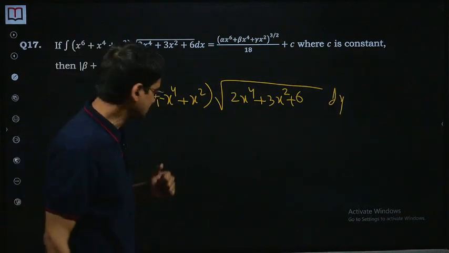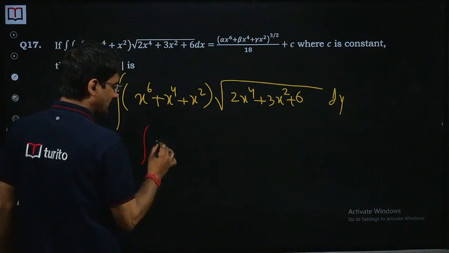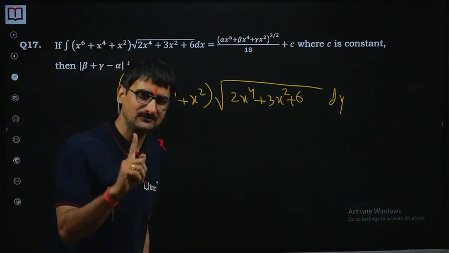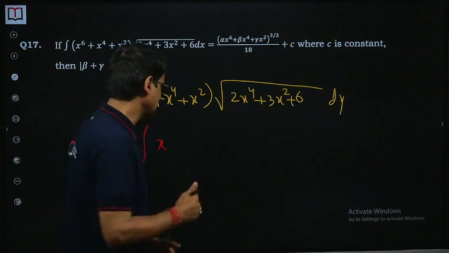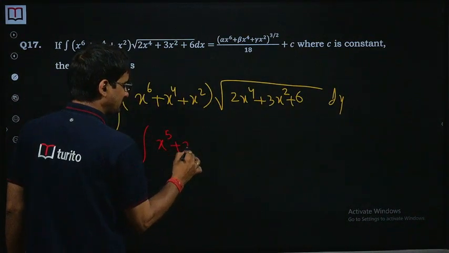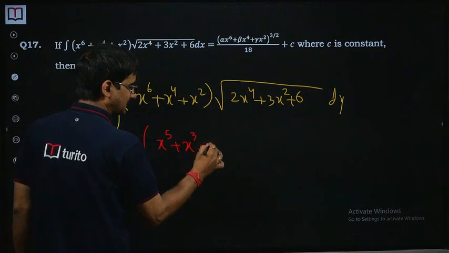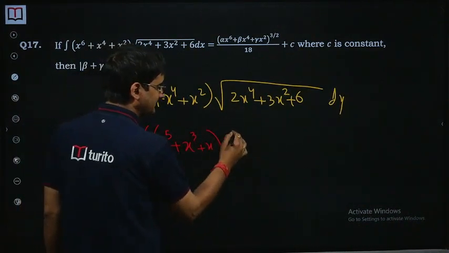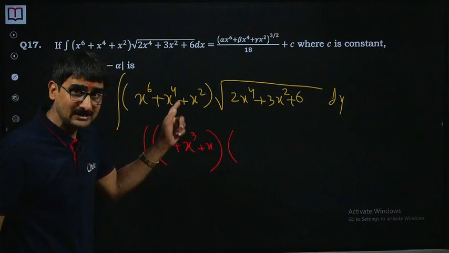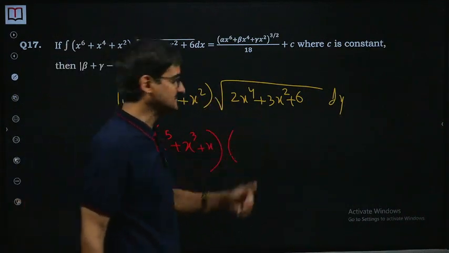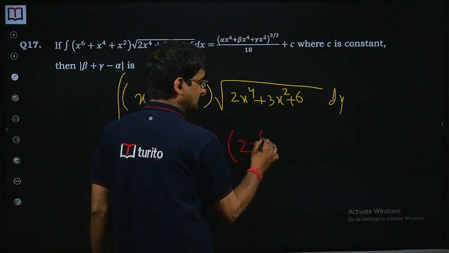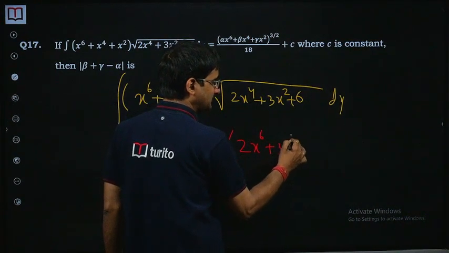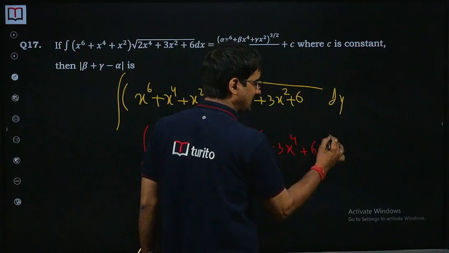There's no such function. See, what we do is we take something common from here, preferably x, only one term x in the first step. Okay, so you're left with x raised power 5 plus x raised power 3 plus x. Okay, and take that x inside. So x will go inside the square root as x square. So it will be 2 times x raised power 6 plus 3 times x raised power 4 plus 6x square